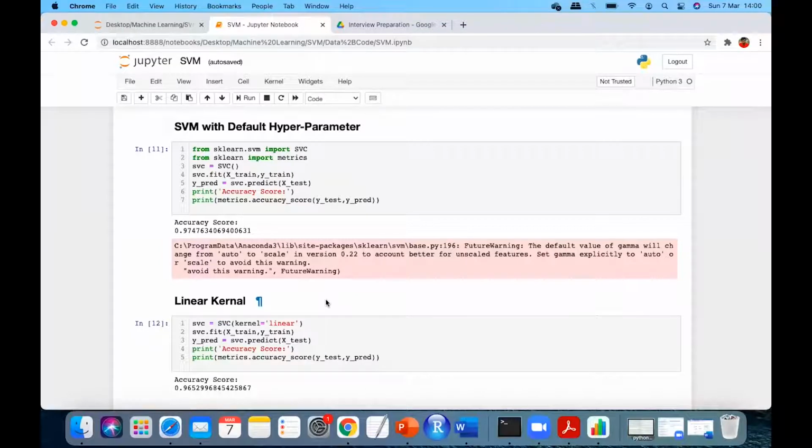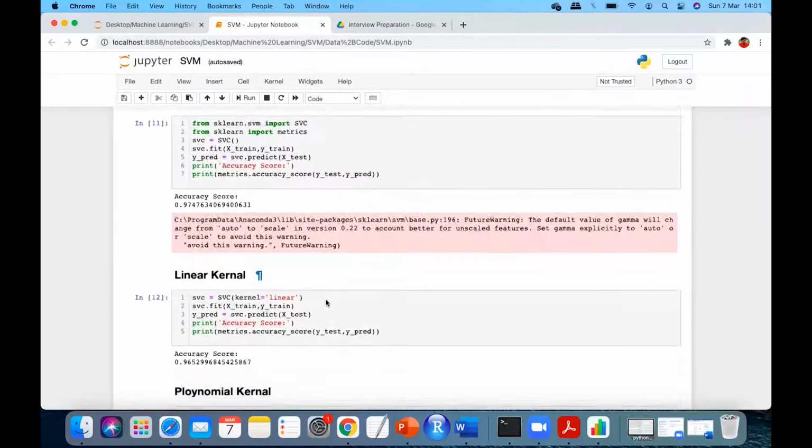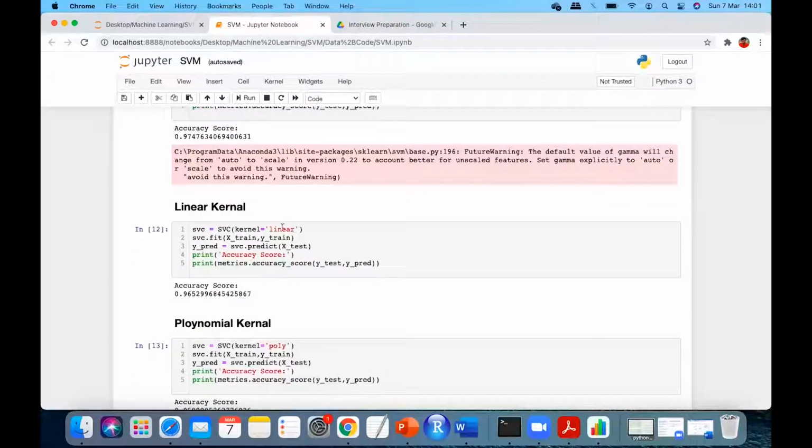Linear kernel. Another kernel can be the polynomial kernel. Another kernel can be RBF, radial basis function, or Gaussian, which we apply onto the Gaussian distribution, right? So I have just changed the kernel to linear and see the accuracy. Though it has decreased, you got to know that, okay, in linear also it is not so bad.